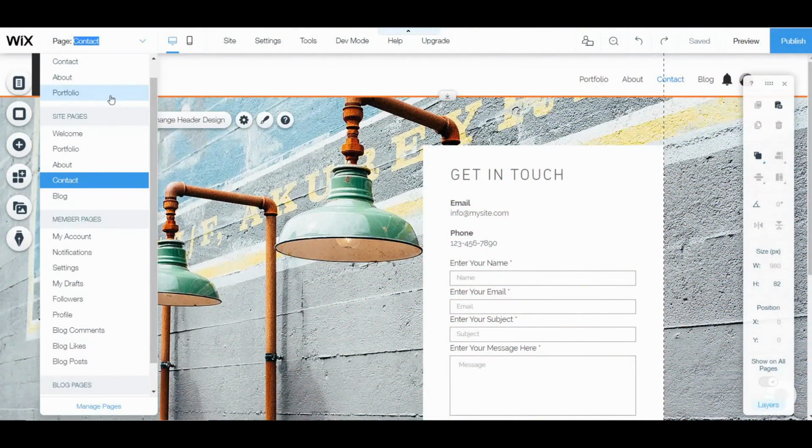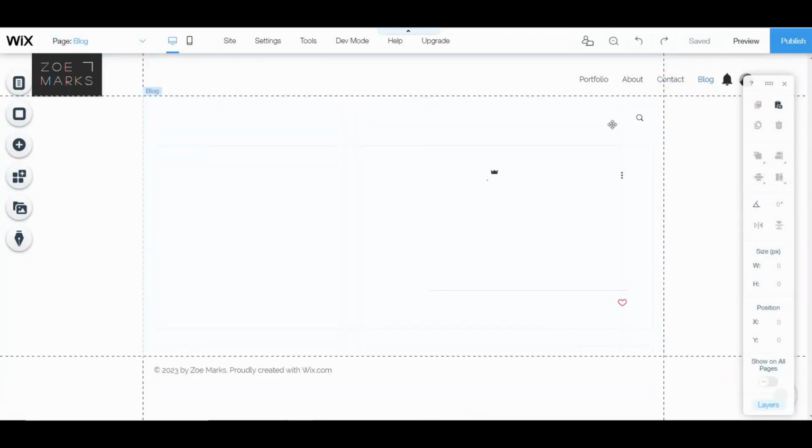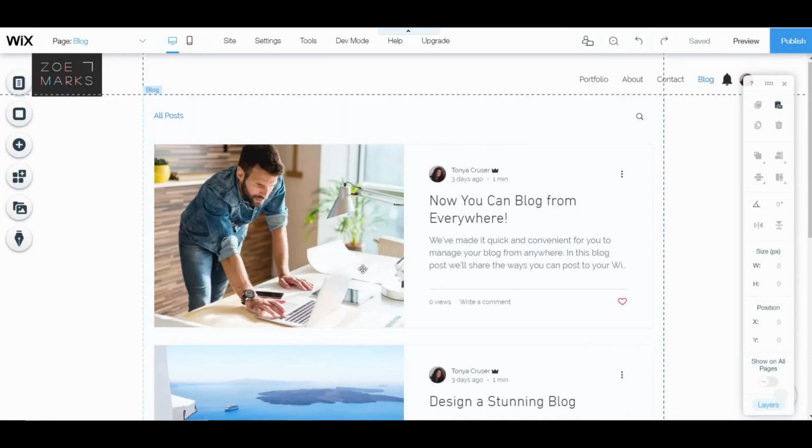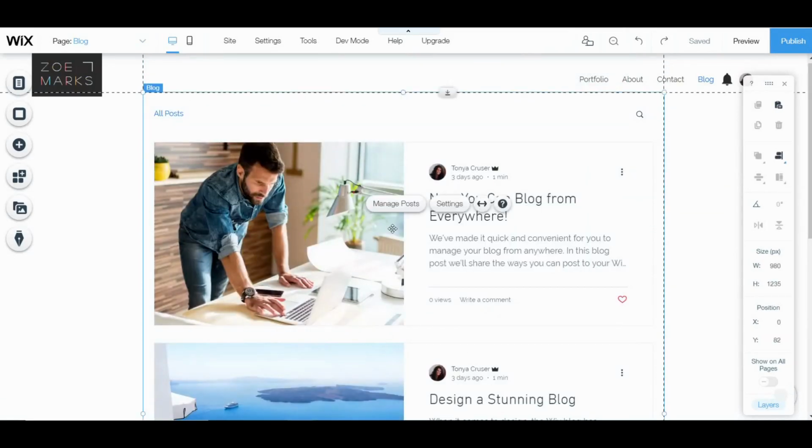I'm going to walk you guys through the steps of how to work within your blog. So if you go to the blog page, you will see just some generic blog posts that are on here right now. So if you go to Manage Posts,